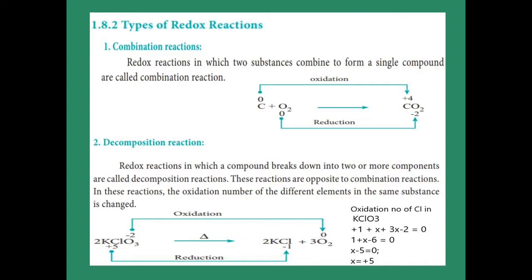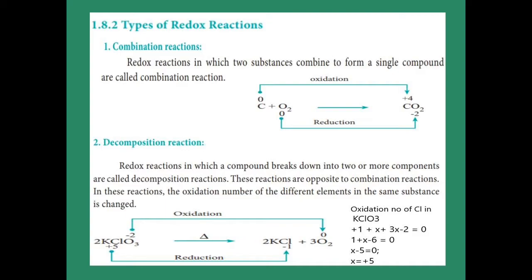Here it undergoes a redox reaction. From the oxidation number only we are going to find out which one gets oxidized and which one gets reduced. In carbon it is 0 because it is an element, and oxygen also 0, it is an element. For carbon dioxide we already found the values in the table. Please refer to the previous table. Carbon oxidation number +4 and oxygen -2. So 0 to +4 means the number increases, so oxidation. And oxygen 0 to -2 means the number decreases, so reduction. So here reduction and oxidation occur in one single reaction, so it is called a redox reaction, and since it is a combination, it is a combination redox reaction.